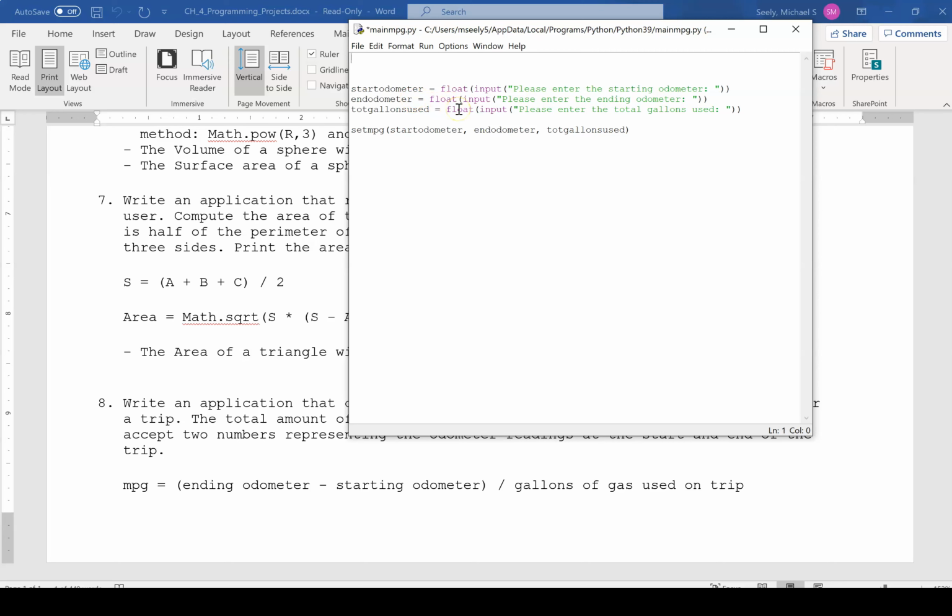So we'll define our set MPG, and we'll pass in start odometer, end odometer, tote gallons used. And I can say MPG is equal to end